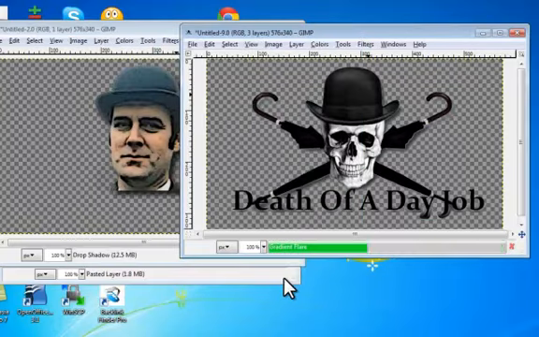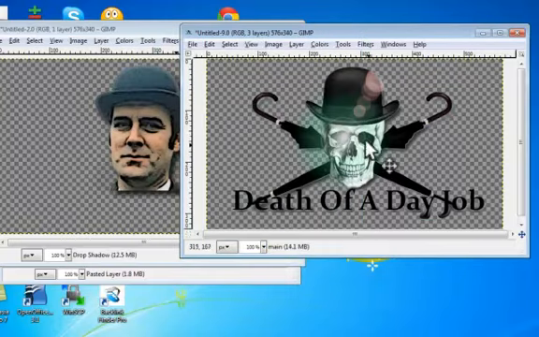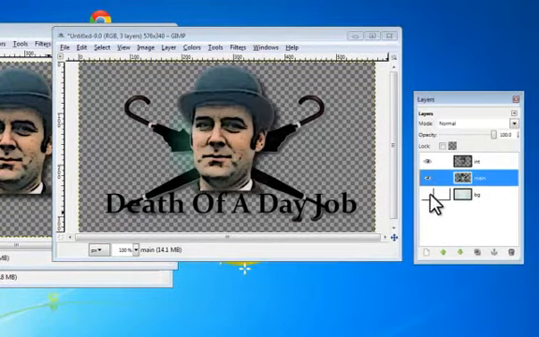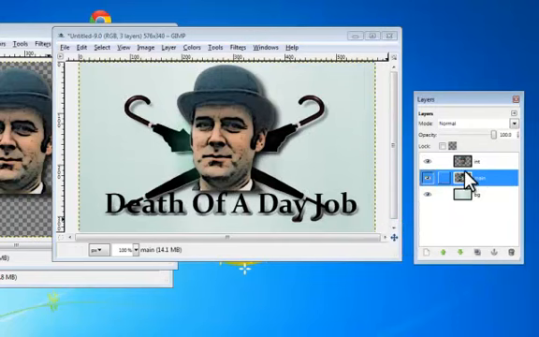Now just click OK, and we come back and we can see now we've got a kind of flare coming out of the skull's eye. Okay, that looks pretty cool. So let me just put the other images back on there again, and I need to do the same thing